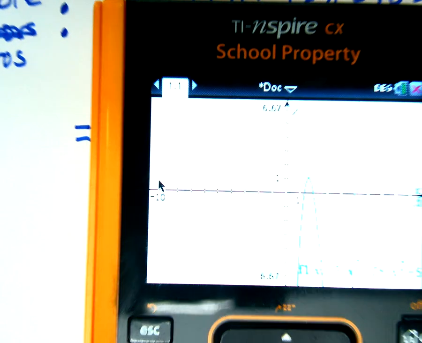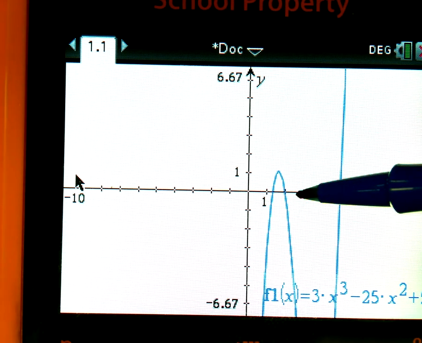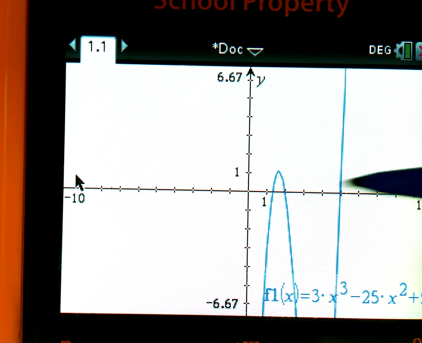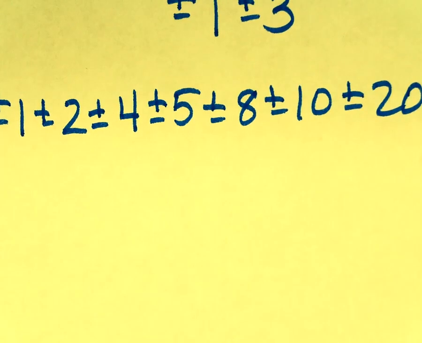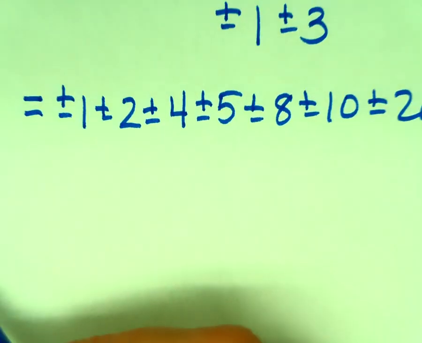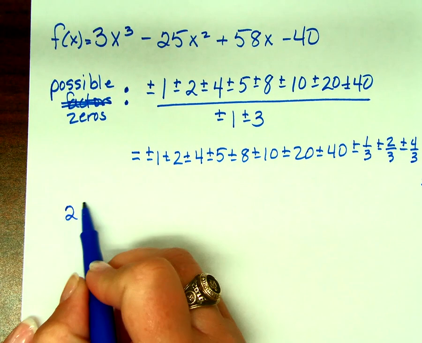Oh, what can you see? How many solutions am I supposed to have? 3. Can you see it cross the graph of the axis 3 times? Yes. Can you tell exactly where all 3 of those are? No. Okay. But you know for sure 2 and 5, right? So here we go. Do you want to use 2 or do you want to use 5? 2. Okay. So if we use 2 for our synthetic division,